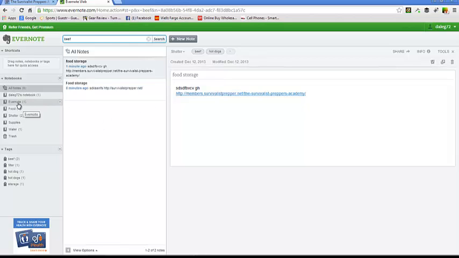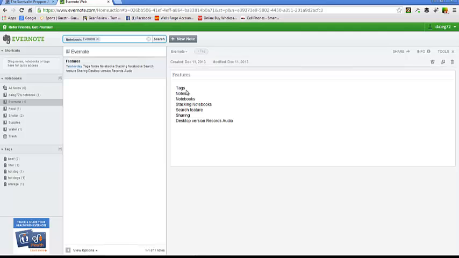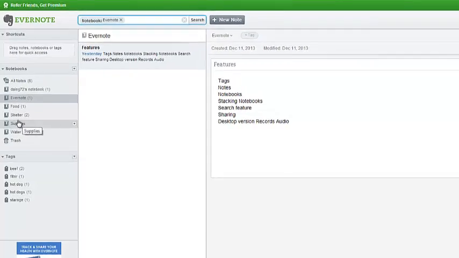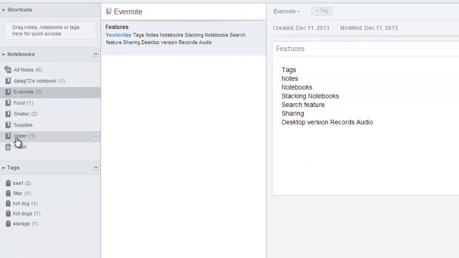Now, we've talked about tags, and I want to talk about how you can stack notebooks. Say you have food, water, and shelter like we have over here, water, supplies, and all of these are part of your supplies category, and you just want to lump them all together. What you can do is just